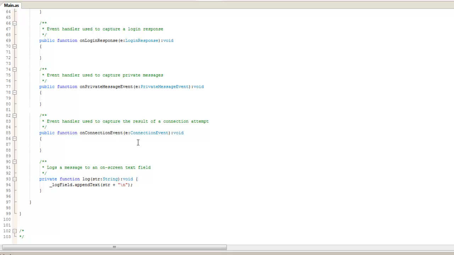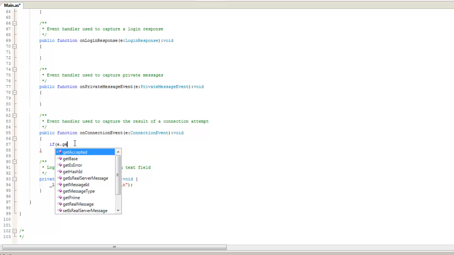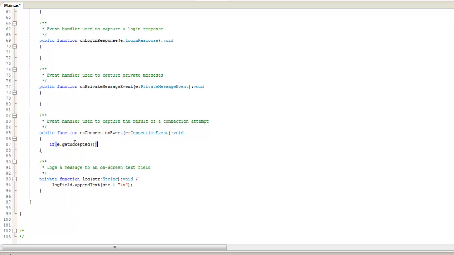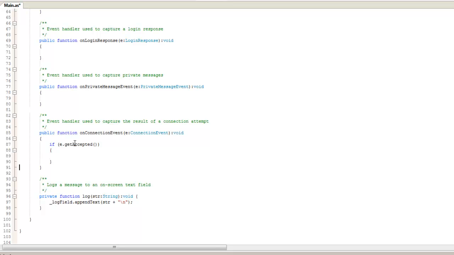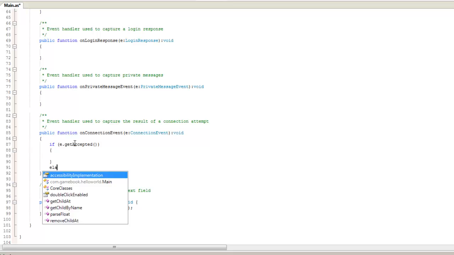And once the connection was accepted and successful, then we will basically send a login request to the server. Okay, first off, let's check to see, as you see, the argument connection event goes into the connection event handler function, and we can check that and see if E is accepted. And we will be able to basically write out our logic based on whether or not